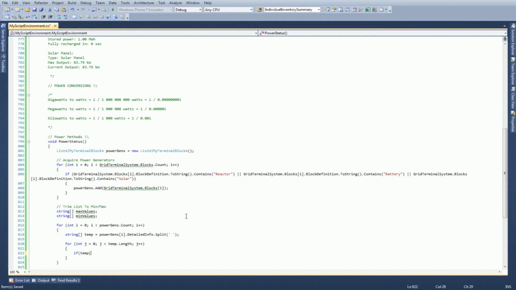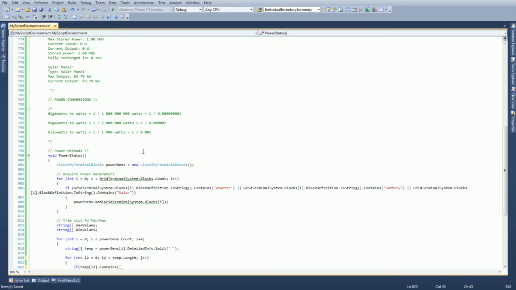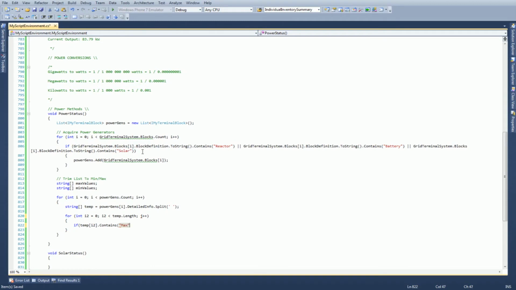if temp at j, or wait, I've been using I2 as my convention, haven't I, for this script? I want to make sure I'm doing it the same way each time. So if temp at I2 equals, or, well, should I do contains? I probably should do contains, just in case there's some phantom characters or something. Let's look for max first. If it contains max